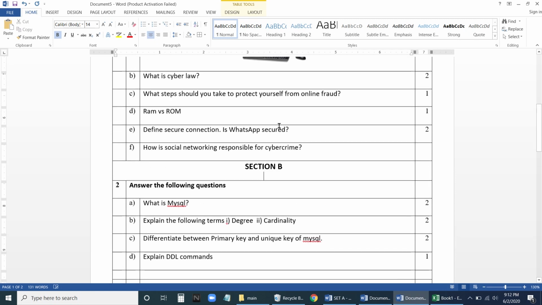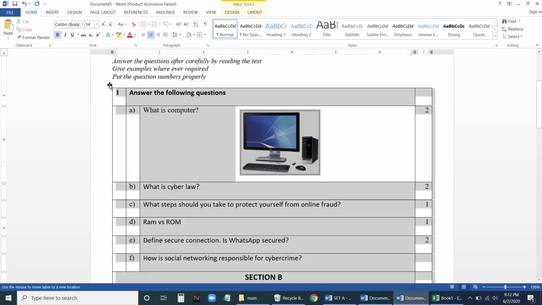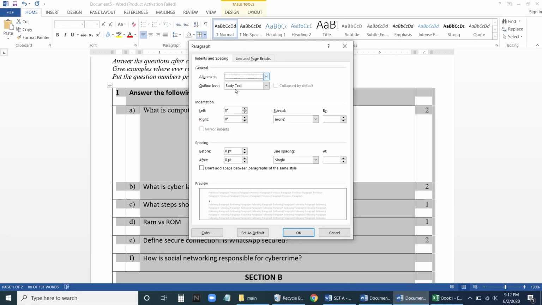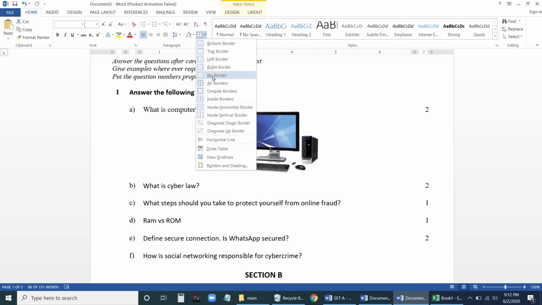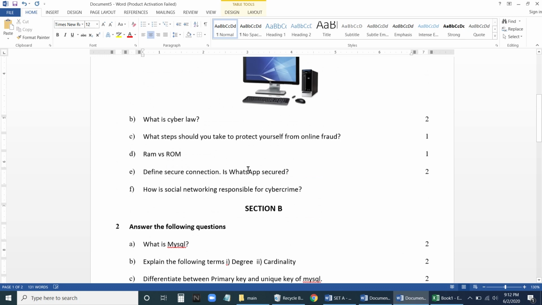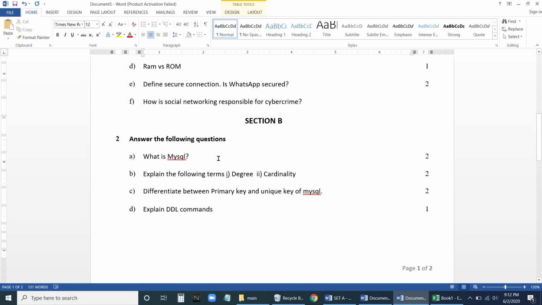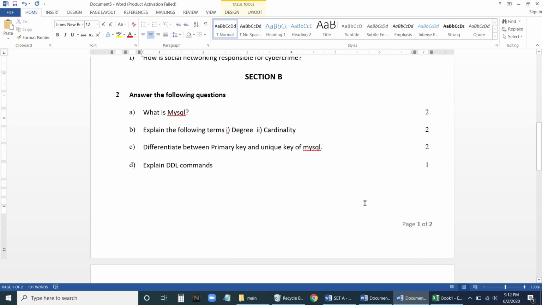Fine. Now let us save this. You can save it. Then let us see how it will be. So click on this. Go to the borders. Sorry, no border. Now you can see section B. It has come here. So similarly, we are able to insert. In this way, we can type the question. See, the borders have not come here. Even though the borders are there, the table is there, it won't come in the print.